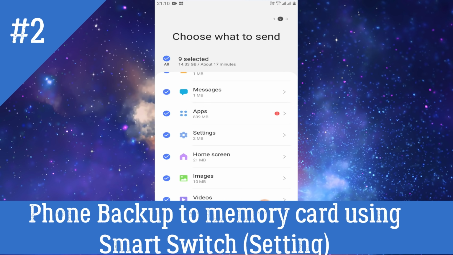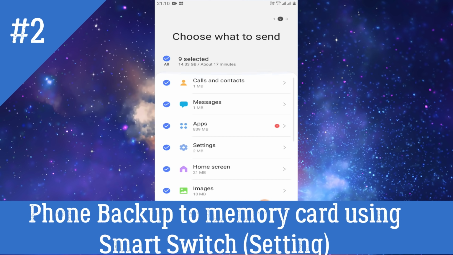If you take the backup and insert the memory card into the new mobile which you bought, and you restore these settings, messages, call log, everything, only the mobile will be new, but all the settings and applications you can get back like your old mobile.